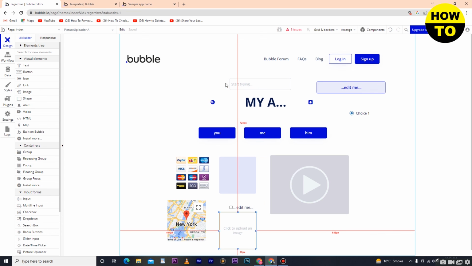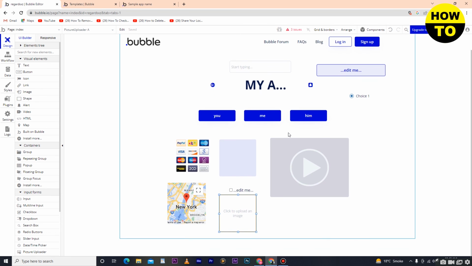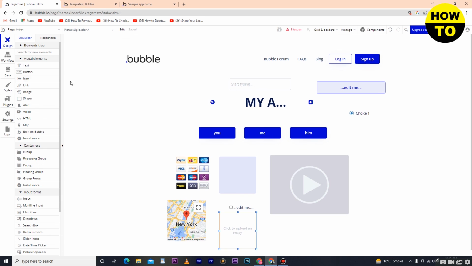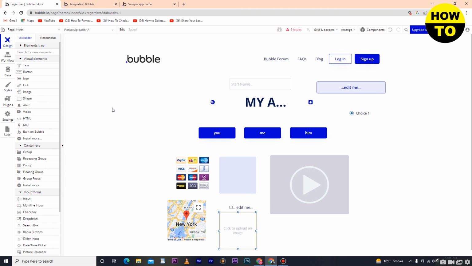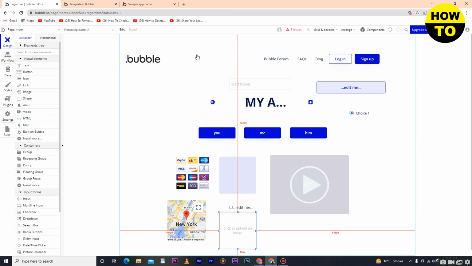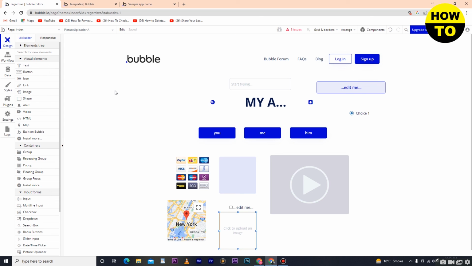It depends upon you how many pages you want to add in your application and how many items you want to add here. After that, when you create an application, you need to publish. In order to publish your application, you have to simply buy a premium package. After that you will be able to publish your application, and then you can upload your application onto different app stores. So in this way you can create